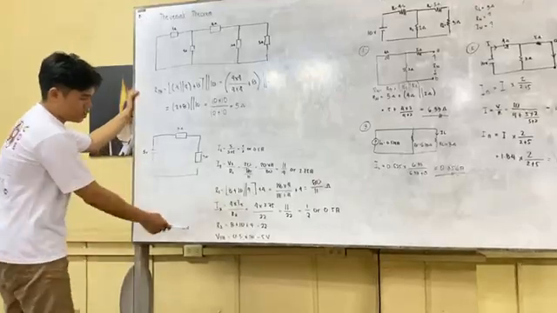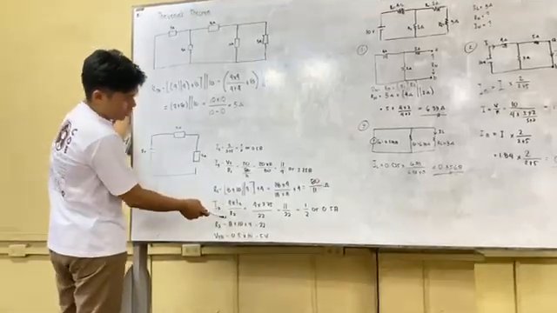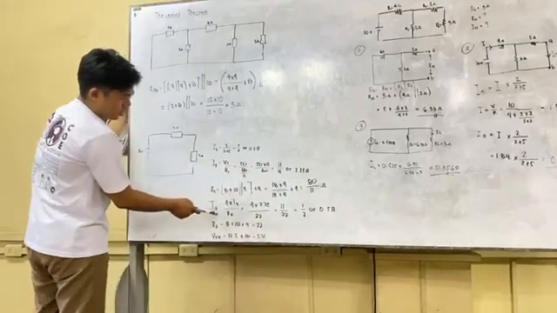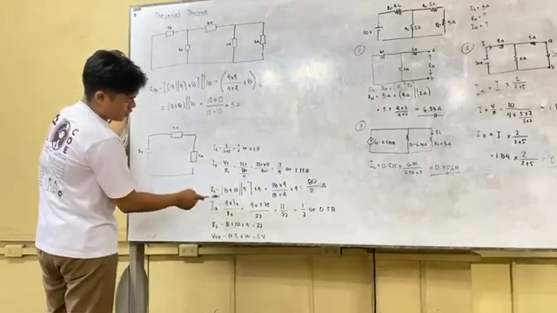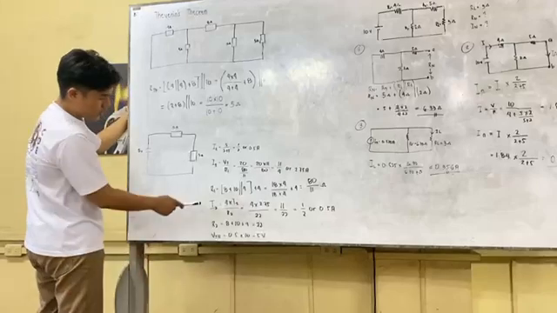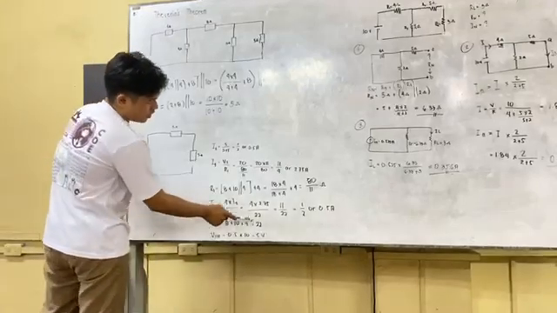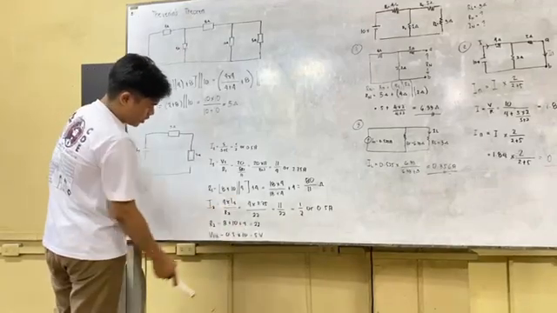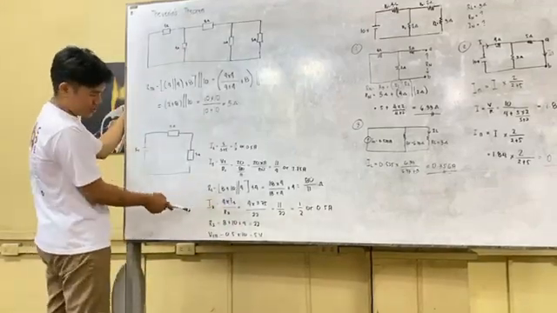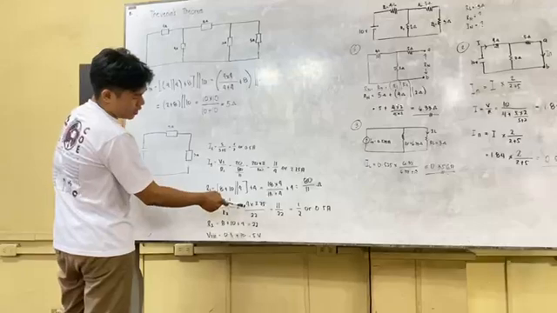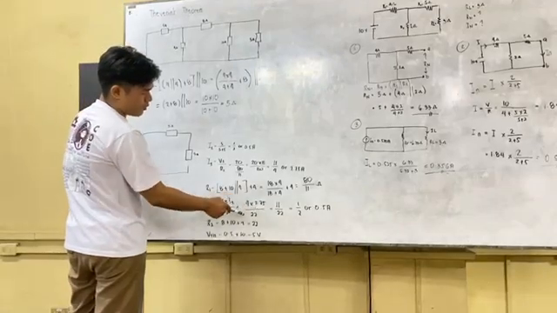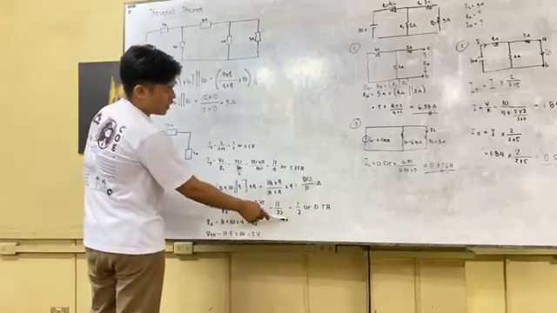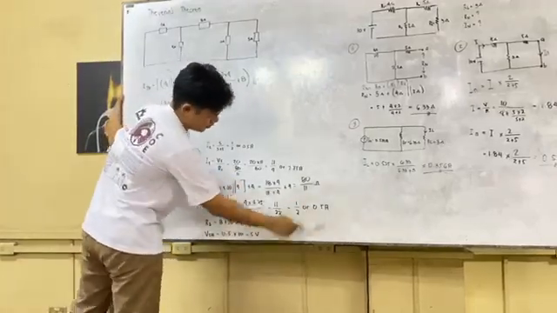Now to get the I2, we are going to use this formula: 4 times I1, we have the answer for I1 here, over R2. Since we don't have R2, same as what we did with R1, I just simplified everything. So we have 8 plus 10 plus 4, and we have R2 equal to 22. Then substitute it in the formula. So we have 4 times 2.75 over 22. We have the answer 11 over 22, or 1/2 or 0.5.